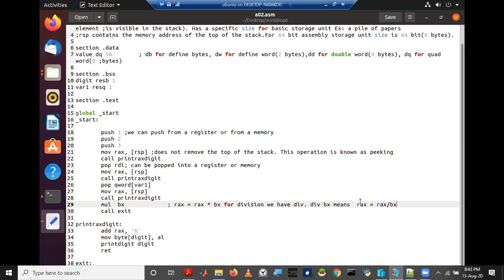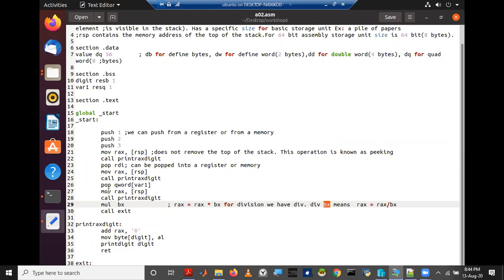So it always considers what is in RAX. Whatever the value is in RAX, it will be divided by the one that we provide here. After this DIV command, the content of RAX is divided by the value that we provide and stored back in RAX.